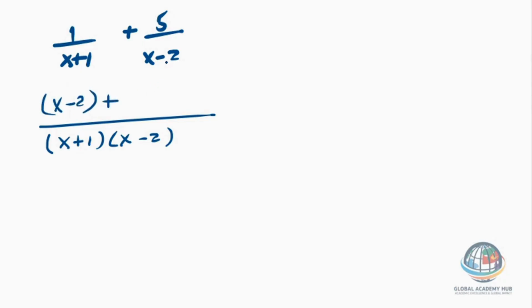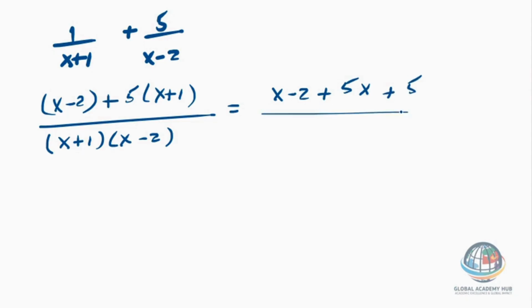Plus, and then x minus 2 into the denominator will give me x plus 1 multiplied by 5 then is 5 times x plus 1. Let's now remove the brackets. So I have x minus 2 plus 5 times x is 5x plus 5 times 1 is 5. And again, our denominator is x plus 1,